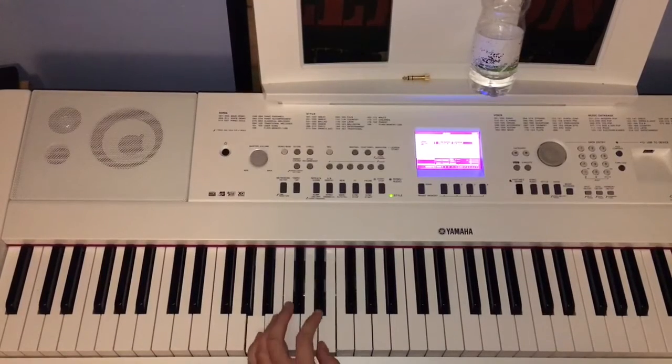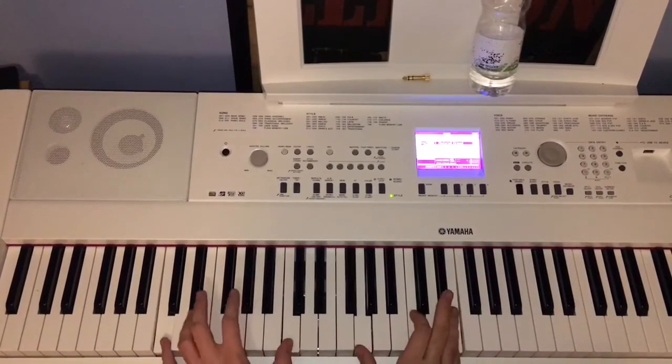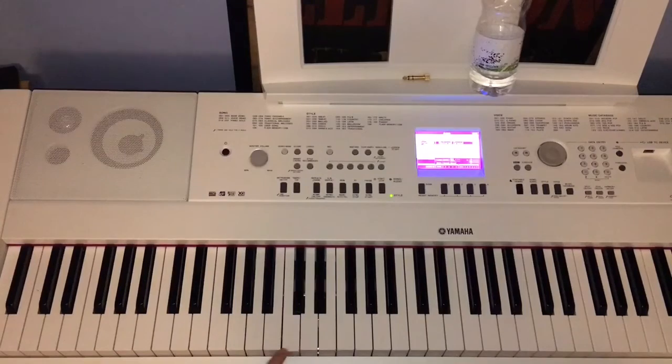So we're just gonna do a basic power chord. So basically, it's a C. So C and G. We'll just play that. Then you move to a G. Then you just basically keep your finger on G and move up to a D. So it becomes the G power chord,